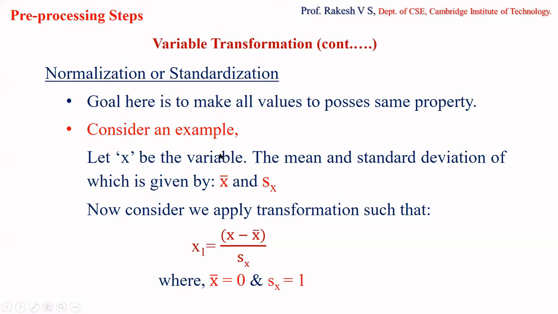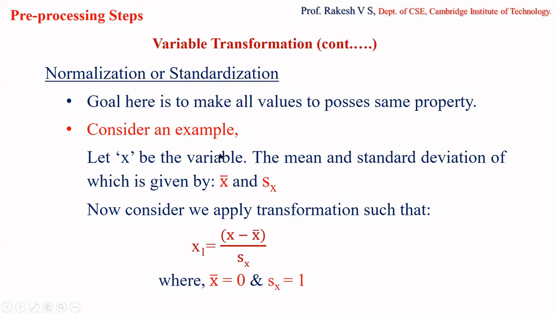So this is your variable transformation. One, by applying simple mathematical functions we can perform the transformation, and another one is standardization. In case of normalization or standardization you will have one general formula, and that formula you will be taking for all the set of values. But in the previous case it was not like that. Depending upon the values and the analysis that we are going to perform, we can choose any of the transformations available. In case of normalization or standardization, you will have a general formula so that you will get a standardized value.